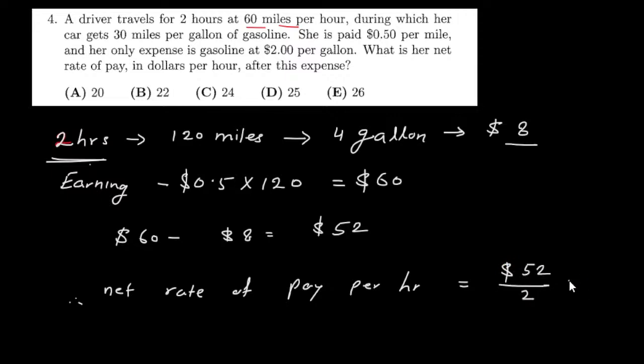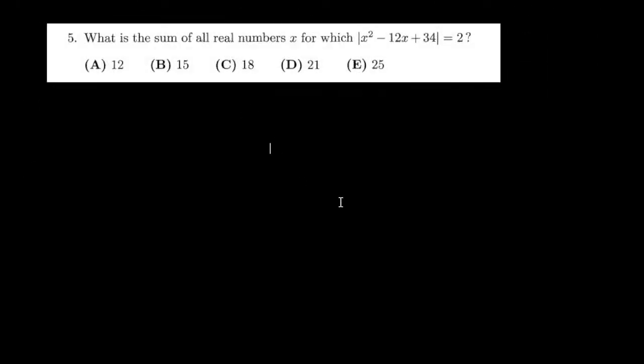$52 divided by 2 is equal to $26. Okay, so her net is $26. So what is her net rate of pay? It is $26. Now fifth question: what is the sum of all real numbers x for which |x² − 12x + 34|